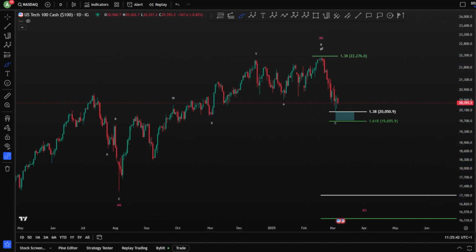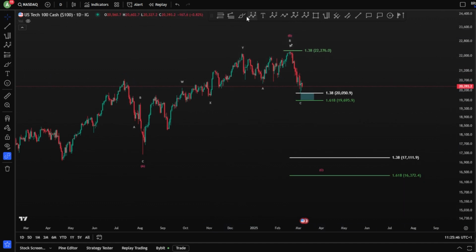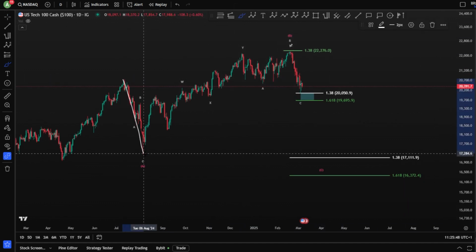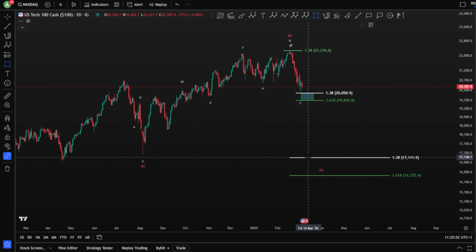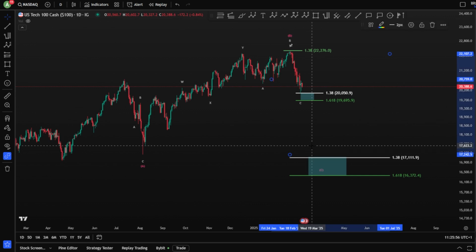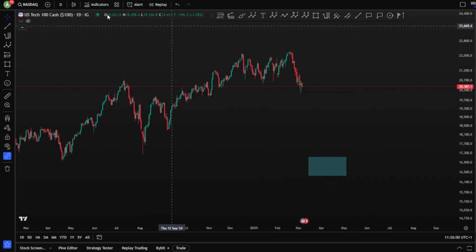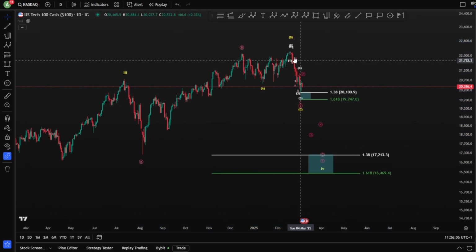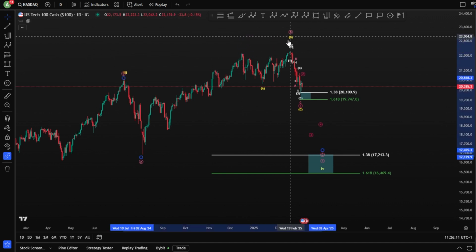Yeah, for a bigger expanding flat, of course, as we are expecting on the daily, on the weekly, and on the monthly, where we saw this big blue box that we might reach for this expanding flat wave C, meaning that you might be here if we move inside it. Let me join this to the daily. Here we go. If we move inside this wave, potentially, if we have finished wave B here,